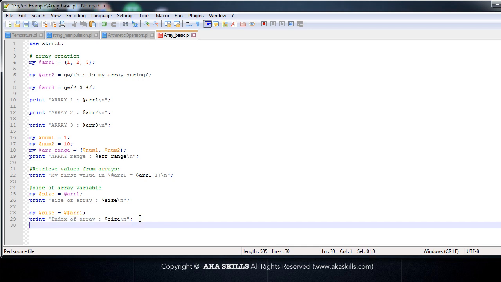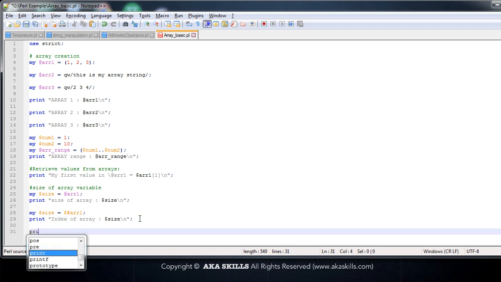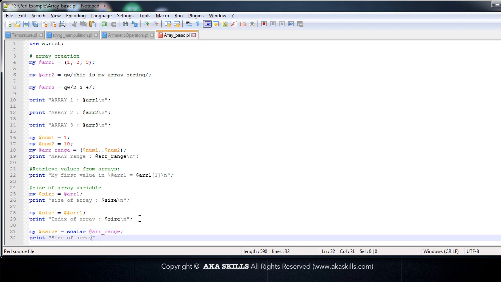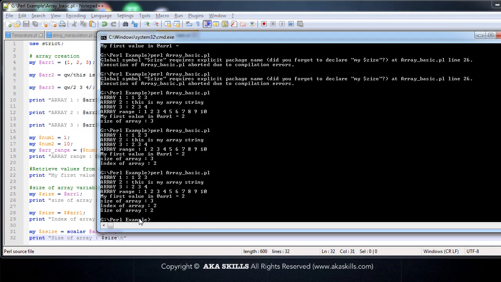There is one more way we can have the size of the array printed, and it would be something like this: print "size of array". And what we can do is simply say my $size is equal to scalar @ARR1, or let's say @ARR range, and here I would print $size. So if we again execute this,